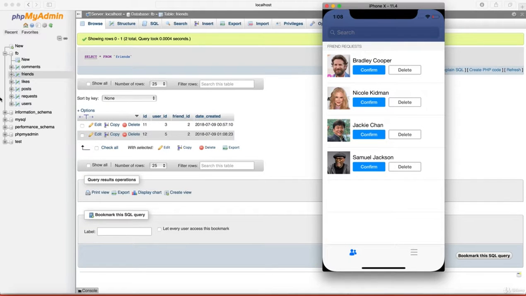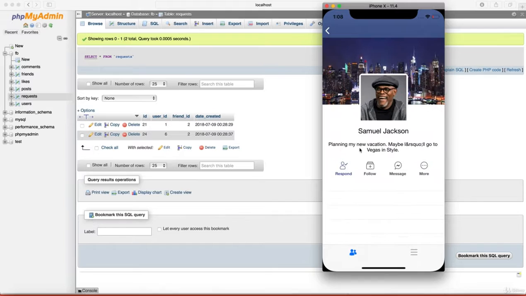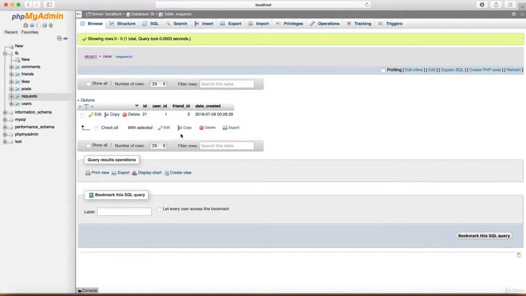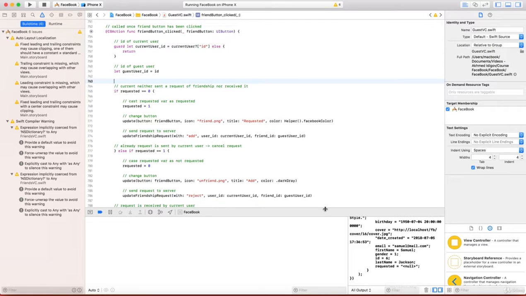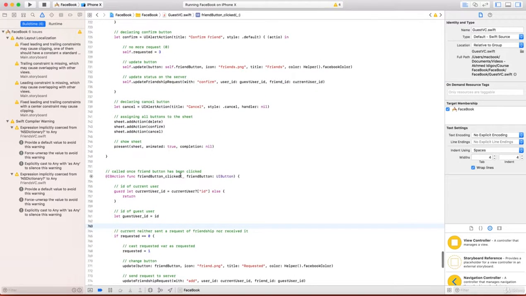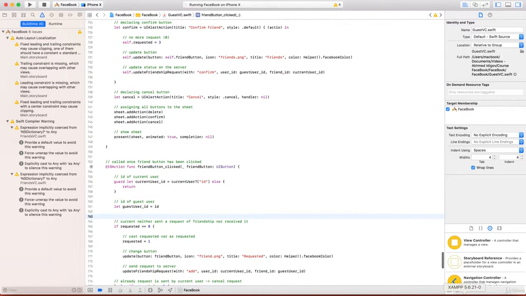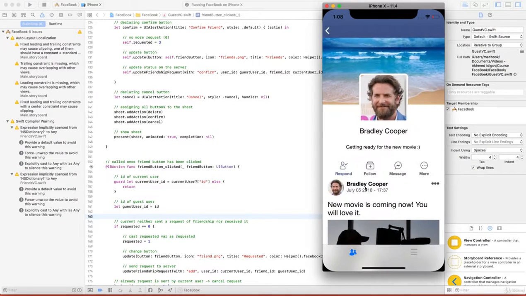And Samuel L. Jackson, which is ID 6. Let's delete the request, and he's gone as well. So amazing and outstanding. And one more thing is, what we want is, let's say I'm going to Bradley Cooper and